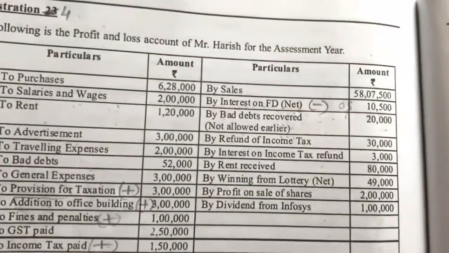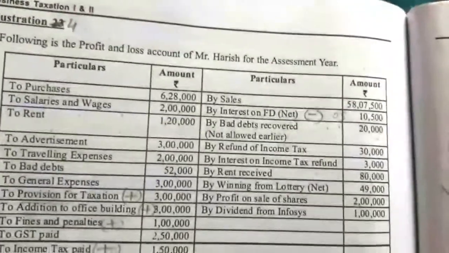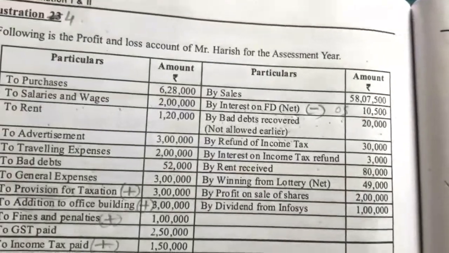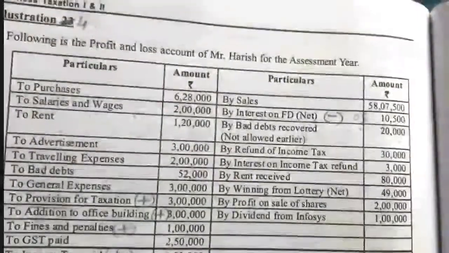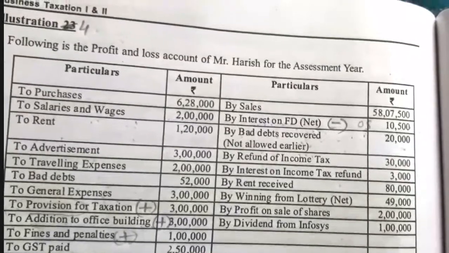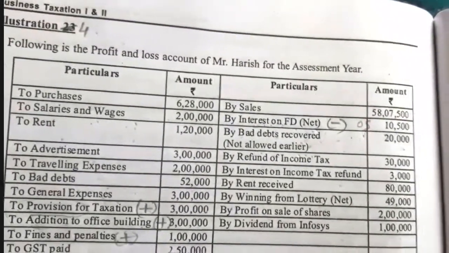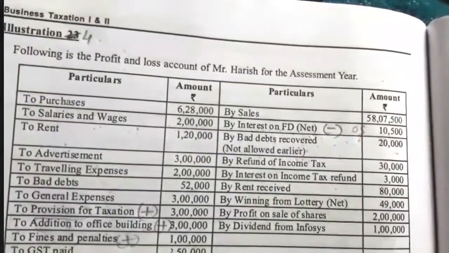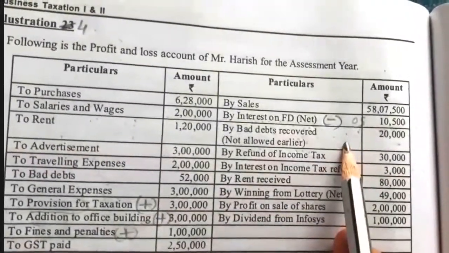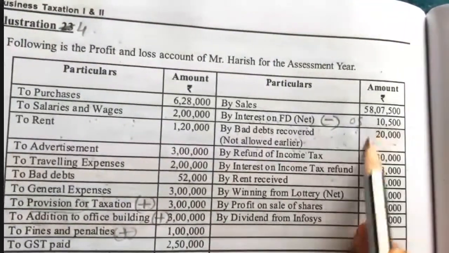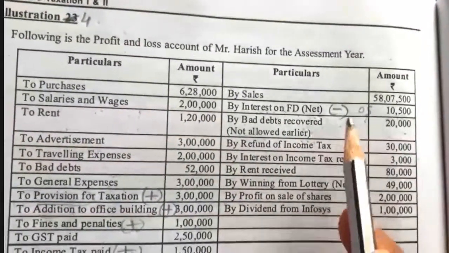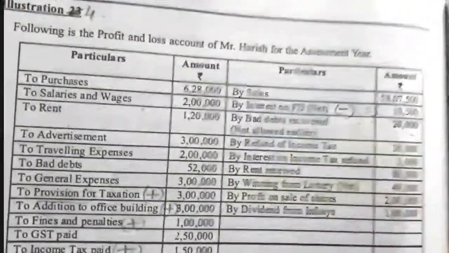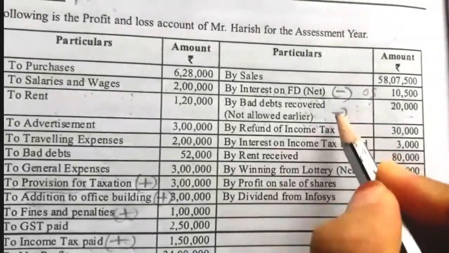They have not shown it on the debit side of profit and loss account, because of that they have not reduced their profit and they have not paid less tax. It is not allowed earlier, that means they have not taken it as an expense. For that bad debt they have paid a tax in that year. So now again they have recovered that bad debt. So 20,000 is recovered. So again he need not pay a tax on this bad debt. So it should be cancelled from the business income here. So this should be deducted.